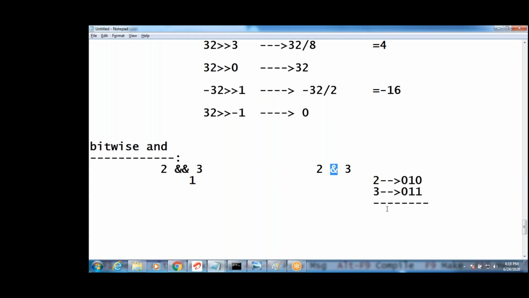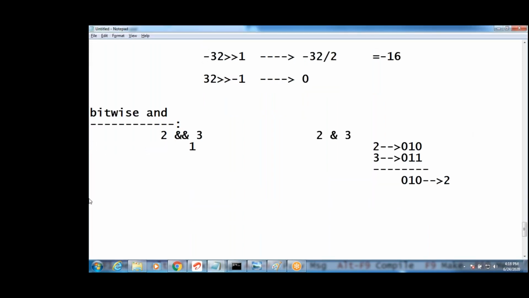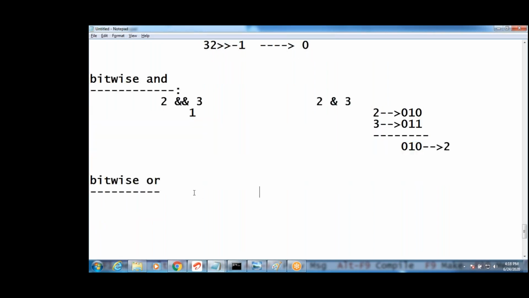What is 0 0? False and false, first condition. Convert to binary, and the AND operation. False and false is false. 0 and 0 is 0, 1 and 1 is 1, right? Next, 0 and 1, 1 false, 1 true, then it is 0. Then the answer is, guys, 2. That's all. Simple. Convert into binary format and do this operation. Bitwise OR is also the same. But for negative numbers, how to do it, I will tell you.